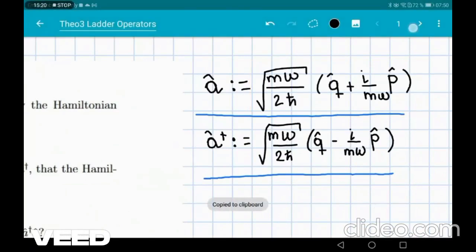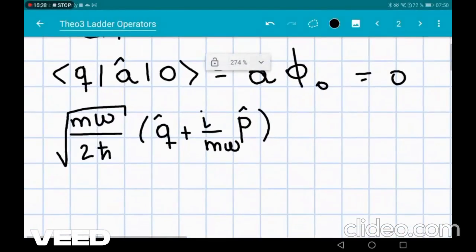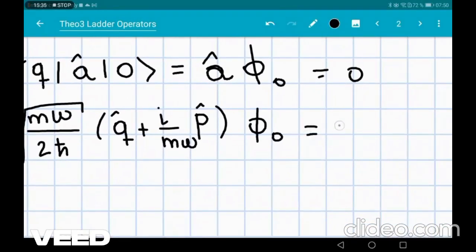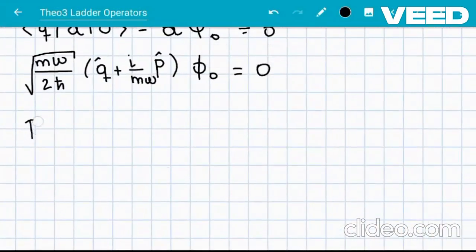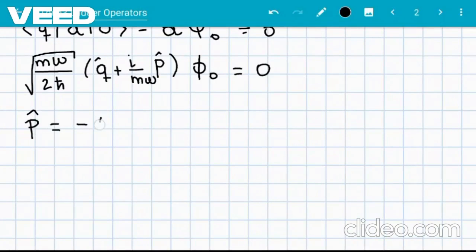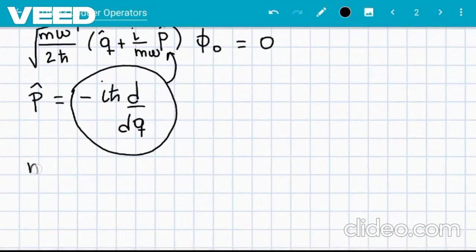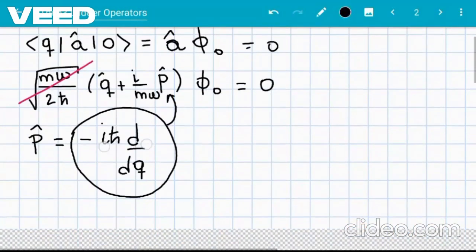I can just copy this. And I'm gonna basically multiply that with phi 0, just because I want to find that. So we know that the momentum operator is given by minus i times h bar times the first derivative, and I'm just going to plug this into the expression above. So we're going to get m omega over h. Well, I can just leave that out because the whole thing is basically equal to 0, so it doesn't even matter. So I have